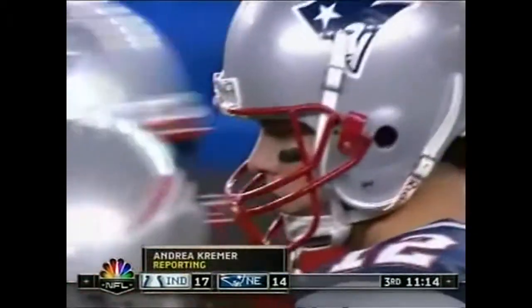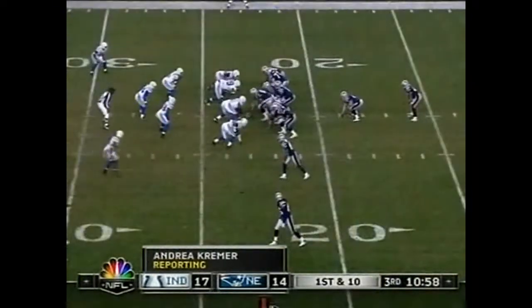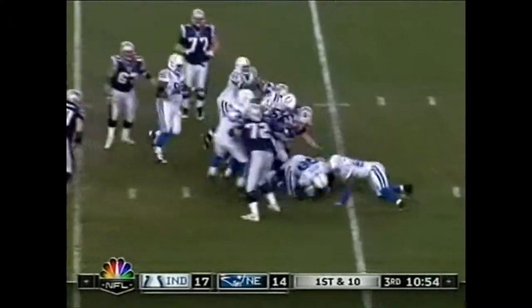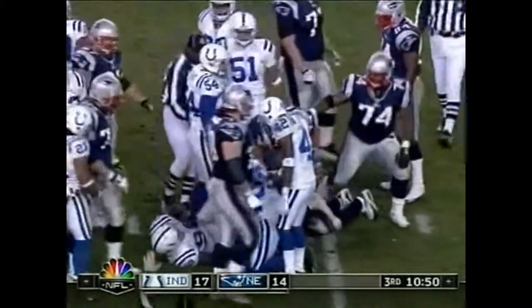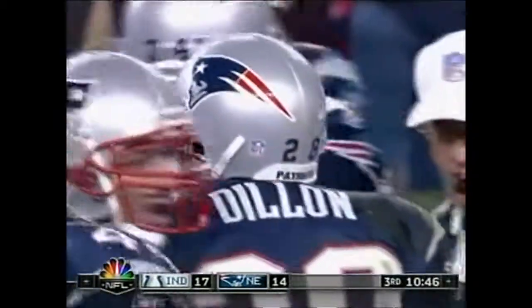Let's go to Andrea. Well, 2 key defensive players, we want to update their injuries for the Colts. Linebacker Gary Brackett has a hamstring injury. Probable, but don't count on it now. So Freddie Keahu, number 54. He's a rookie out of San Diego State with Rob Morris inactive. And with Brackett back in the locker room, it is the San Diego State rookie 3rd-round draft choice who sees action here. Defense